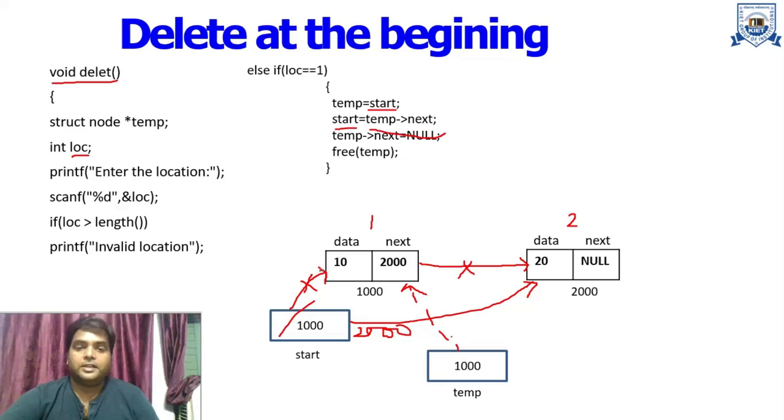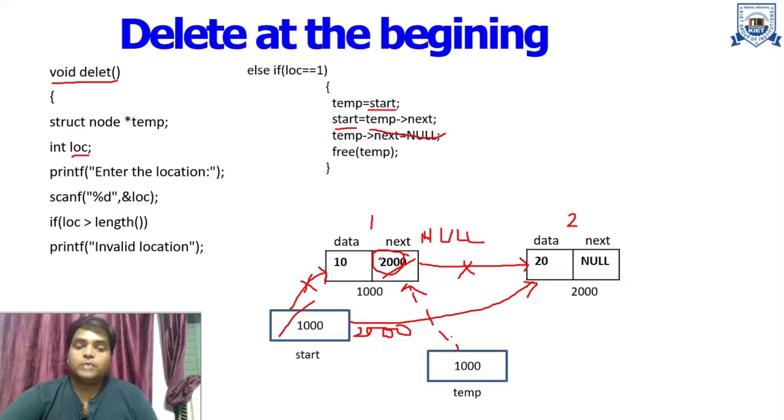Now we want to terminate this connection. For terminating this connection, what do we have to place in this particular field? In this particular field we have to place a null value. So in the next instruction, temp to next is equal to null. Actually temp is pointing to this node, and temp to next is this particular field. Now this value will be null. So when this value is null, then this connection is automatically terminated. Now this node is free to delete. Then we deallocate the memory for this particular node, and for deallocating the memory we generally use the free function in dynamic memory allocation.